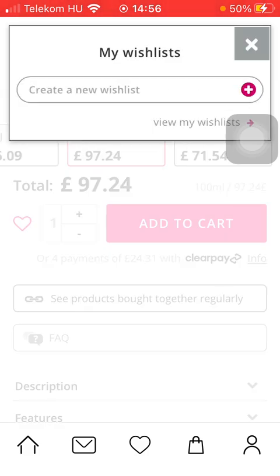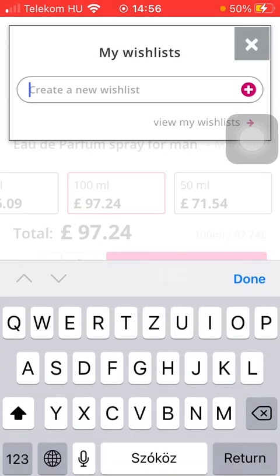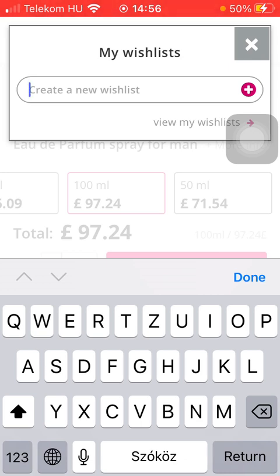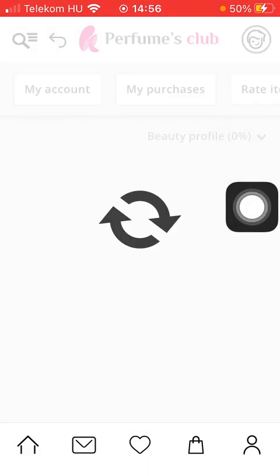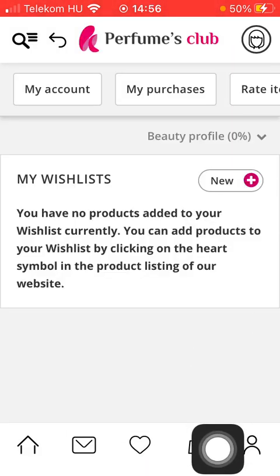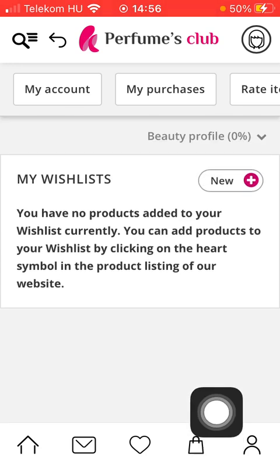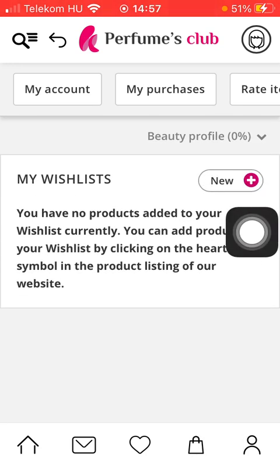As you can see, it has been added to your wish list, so you should create a new wish list by typing in its name, tap on the plus icon, and here you will be able to find all of the items added to this